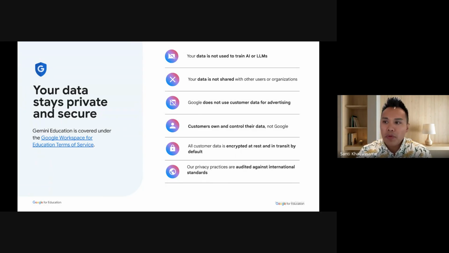Many people are using ChatGPT. I get it. I urge you not to use it per se for New York City public school stuff, just because it hasn't gone through that security process. If you want to use it in your personal life or for asking general questions, sure. But if you want to make sure that your data is private, let's say you want to analyze a spreadsheet with student names and maybe their OSIS numbers on there, you would feel okay having that spreadsheet in your Google Drive, and you can also have that same protection in Gemini. All right.